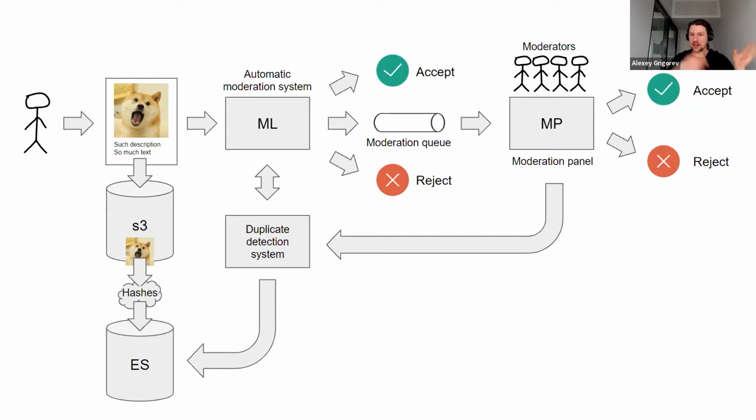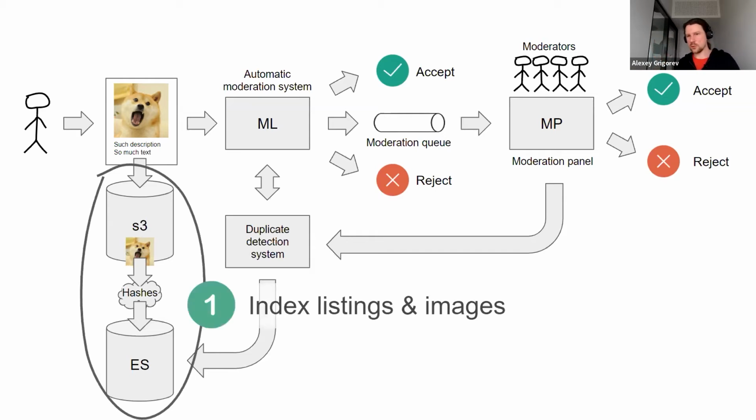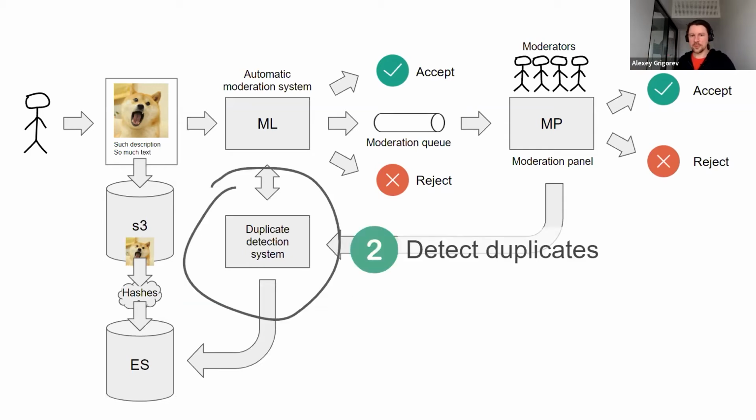And then we use that and other information from the listing, like IP addresses and things like this. I will not go into details, of course, not to tell you too much, but we look at all the information we have in order to understand that something is a duplicate. First we index all these images and other information. Then we have this piece of the system called the duplicate detection system. Inside it has a machine learning model that looks at two duplicate candidates, and then it makes a decision whether this pair is actually a duplicate or not.